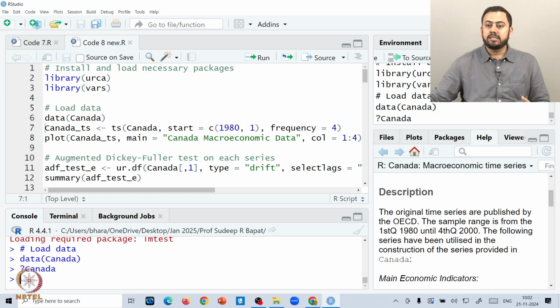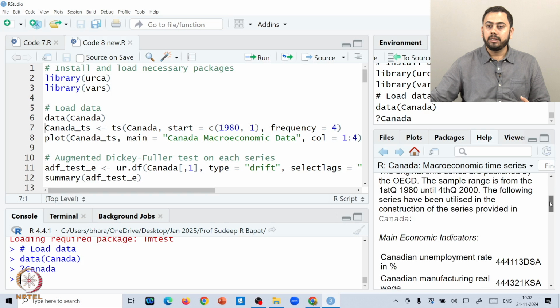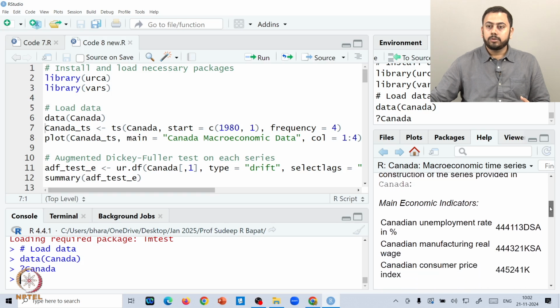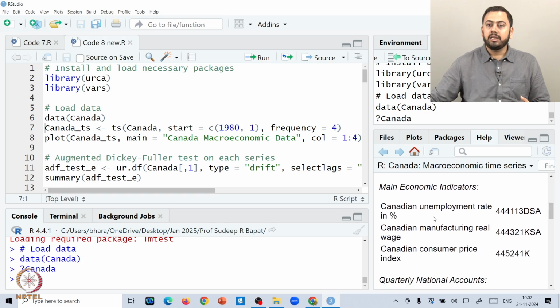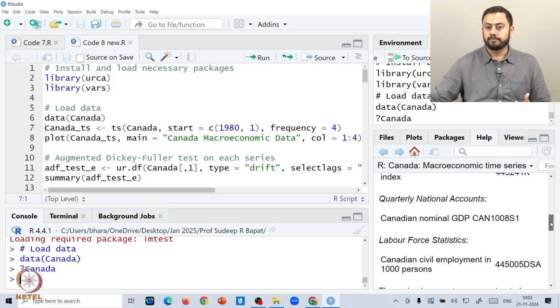The following series have been utilized in the construction of the series provided in the data set named Canada. The underlying data set contains all these main economic indicators, such as unemployment rate, manufacturing real wage or consumer price index, etc. And each of these variables has its own code in the data set as well.